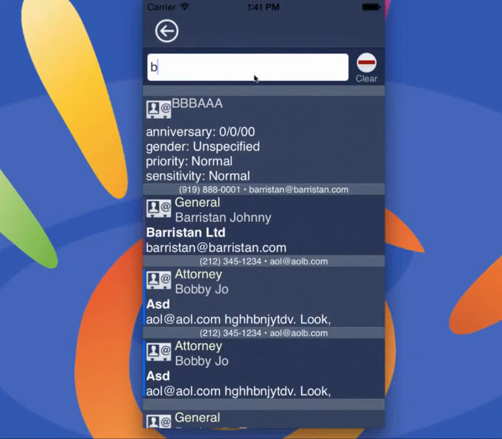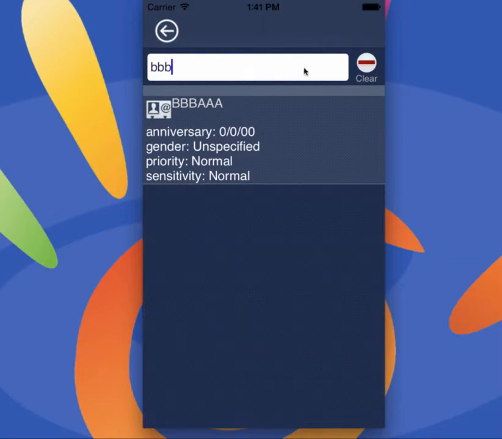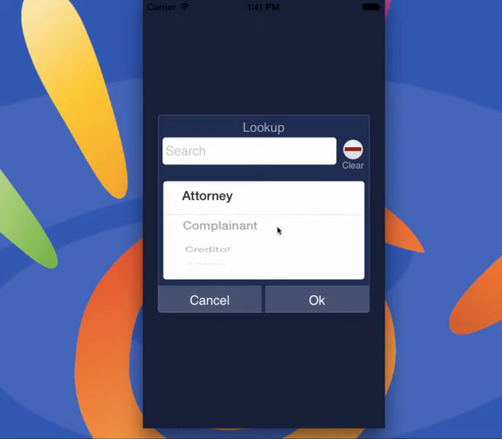Let's just do a search for BCB. It starts drilling down to that. I can hit clear search to go back to the original list. If you have a filter applied, for example, if I select a type and I select